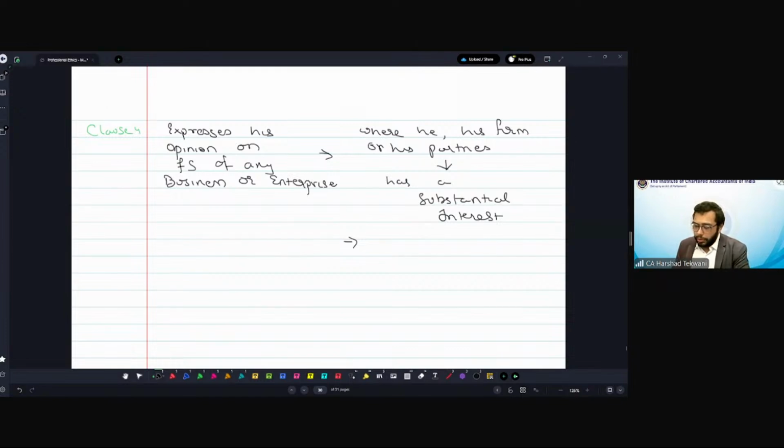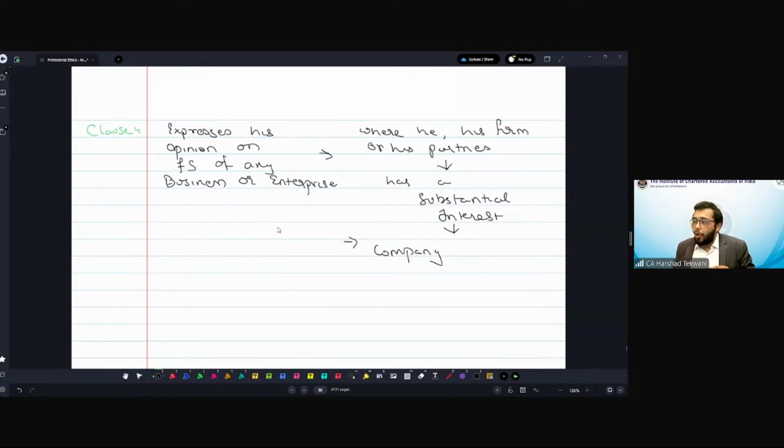Now, I need to divide the substantial interest based on the type of the concern. Let's say, for example, it's a company first. So in case of a company, I will call a member having substantial interest